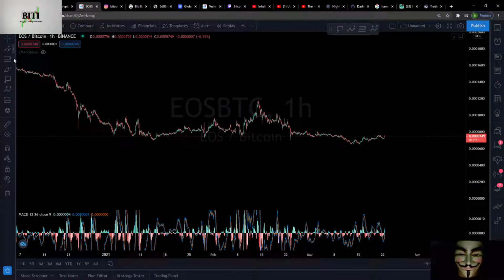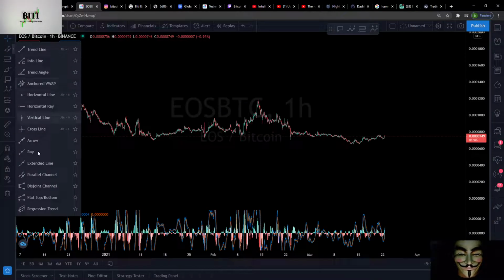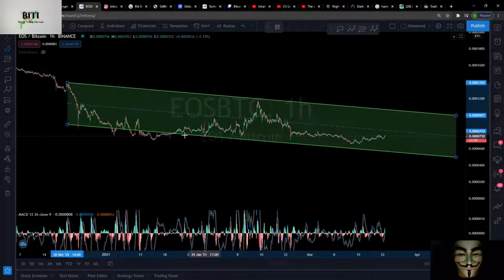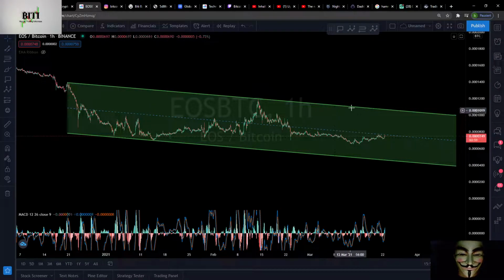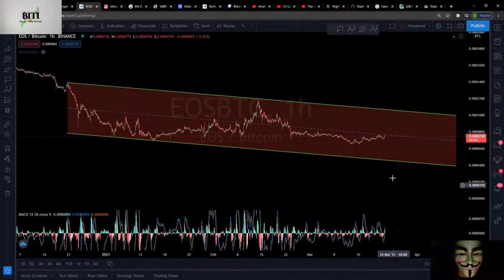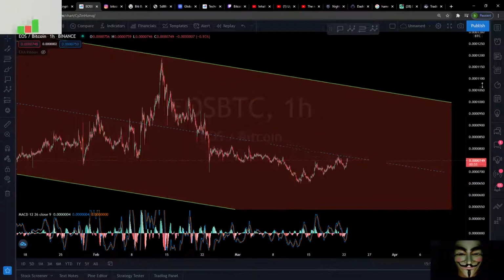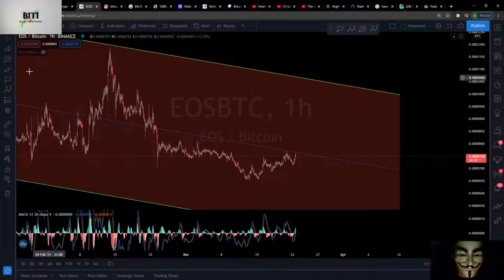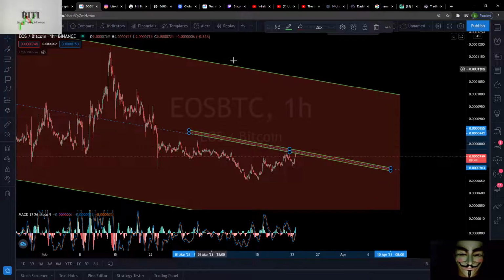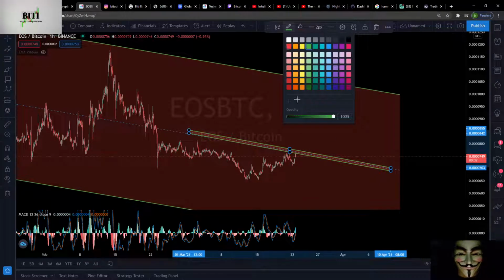This is the 1 hour chart, and we have here a very big downgoing bearish parallel channel from maybe this point, like this point to this point. You can see this is a bearish trend channel. The bearish is always red. Now guys, the important thing to watch now is this point here. We have this resistance. EOS must beat this big resistance now. This is our big middle line resistance, and EOS has to beat this line if we will see a push